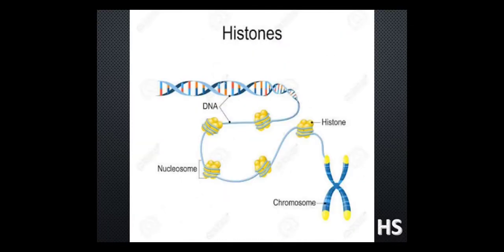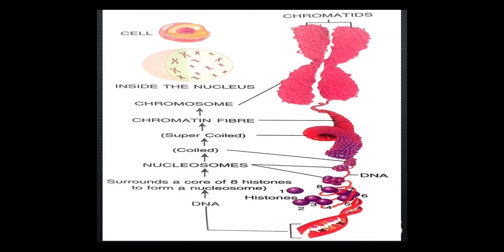We have already spoken about this histone part. This is the DNA. These are the 8 coiled balls, which are the histones, which have been wrapped by this DNA, each of which is called the nucleosome. Due to the formation of nucleosomes, there is a formation of chromatin. When this chromatin gets condensed and coiled, it forms chromosomes. We can look at this structure also to be sure.